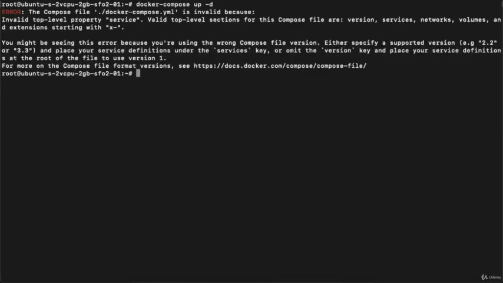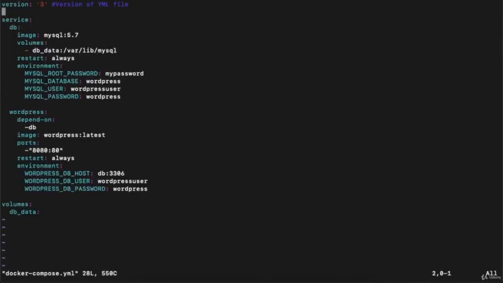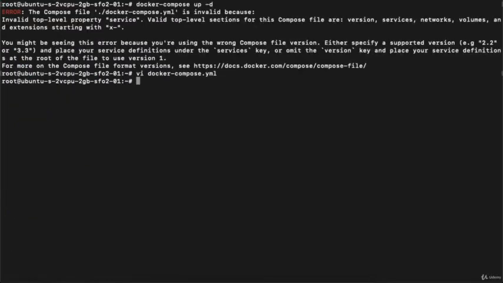So you have to wait. So team, we are getting an error, and the error is: Docker Compose YAML is invalid because of the top level entry 'service'. Okay, there's a mistake. Instead of service, this should be services. These are the mistakes we sometimes make because there are a lot of things to remember, right? So this tag should be services. So I will keep it services. Go to insert mode by pressing the I key on the keyboard and insert services instead of service. Now press escape, colon wq and hit enter.